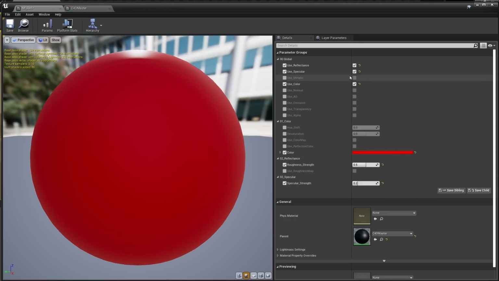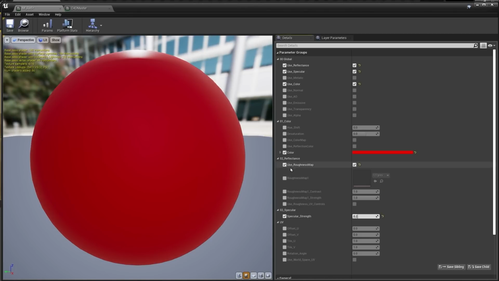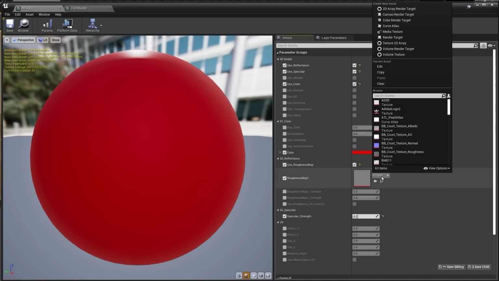You don't want to edit this, but just to show you where it's at and how these controls are made. You can turn on any of the properties that you'd like, which reflects very similar to Cinema on the left-hand side of your physical materials. So if we wanted to change the color, we could do that, and we don't necessarily have to go back to C4D to make those kind of changes. I'm going to make one change here just to show the process, but if we wanted to, say, take a roughness map and make this material more rough, for example,